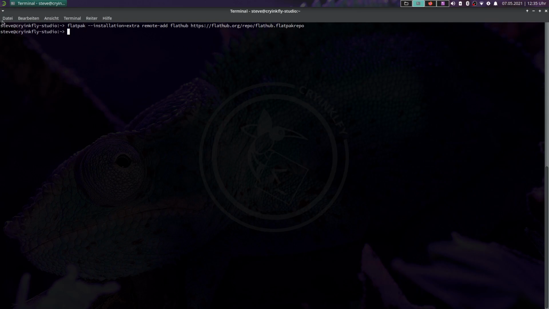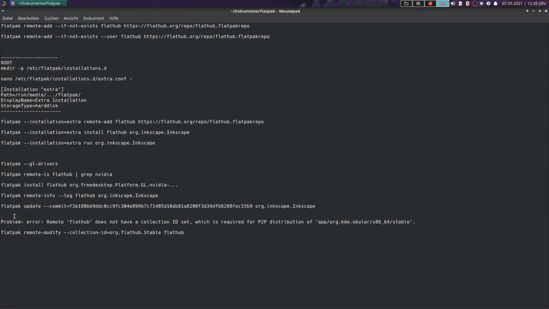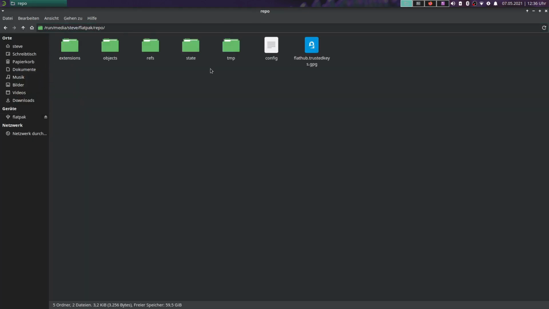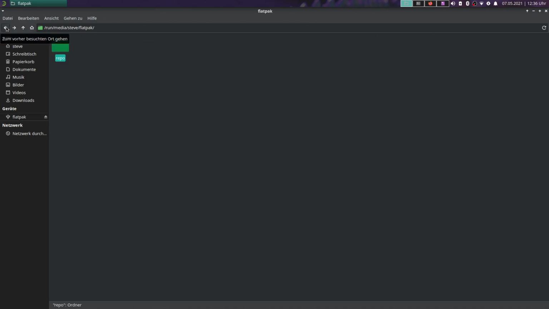But when you have maybe some problems here with adding this Flathub repository or another one, you can solve this problem with this command here. So, and here you can see now it's completed here with the repositories, and the next one is we install